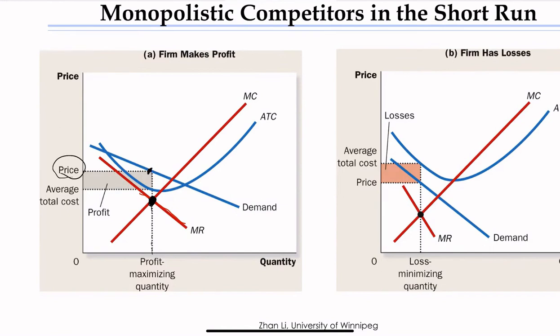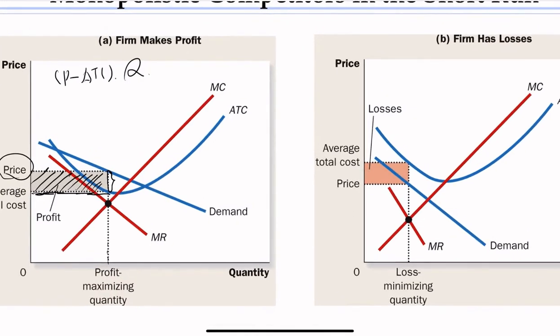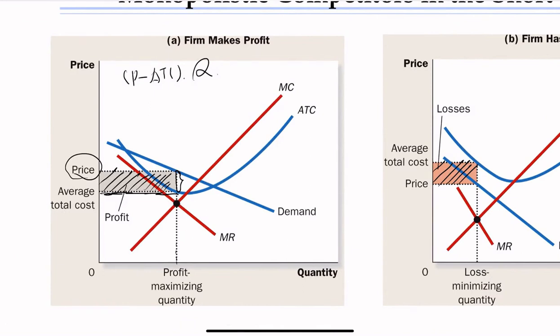So in these two pictures, right, we can also see the firm's profit. Remember, firm's profit equals price minus average total cost times quantity. So you can see that on this left-hand side, the difference between price and average total cost curve is given by this, right? And then quantity is given by this. So profit is given by this rectangle. And then similarly, the profit on this right-hand side picture would be the same. That is this rectangle.